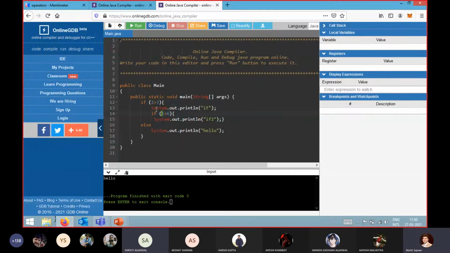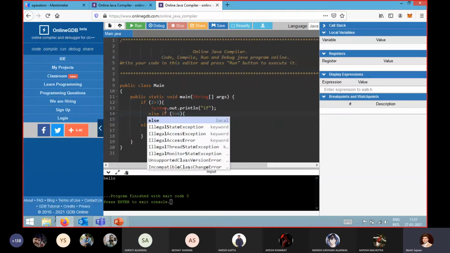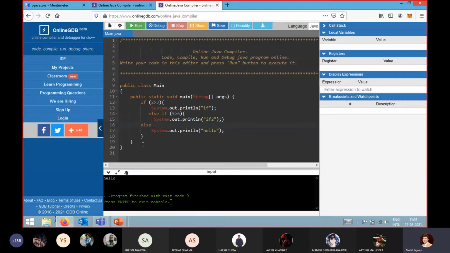OK, in that scenario, if you want to write else and if conditions, it is better to always go for an else if statement. Generally you will never get this scenario. What I want to say is that if you want to work in nested form, and according to your question you want this else to be related to this if, then in that scenario you always use if, then else if, else if. So basically this else is related to this if too.